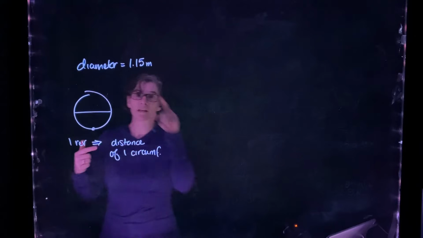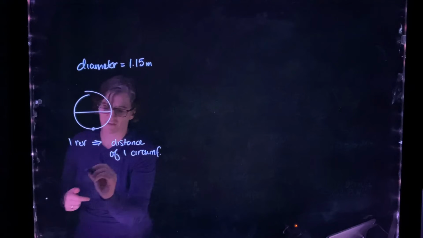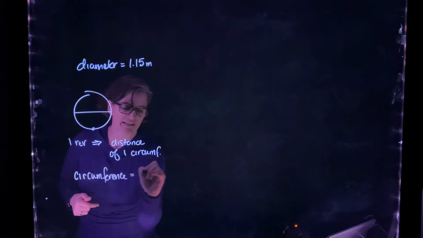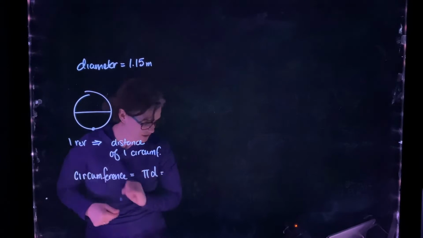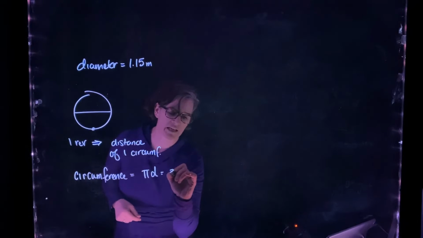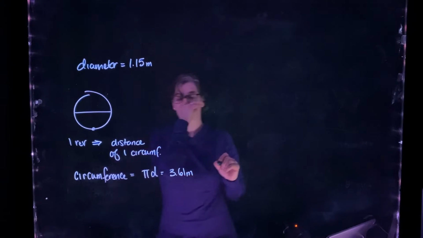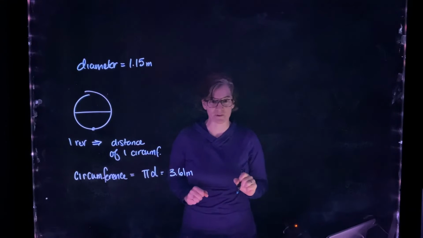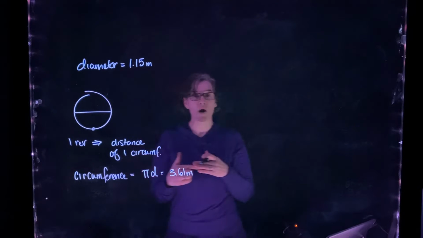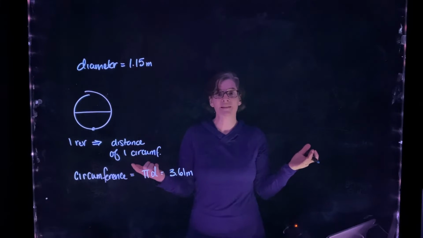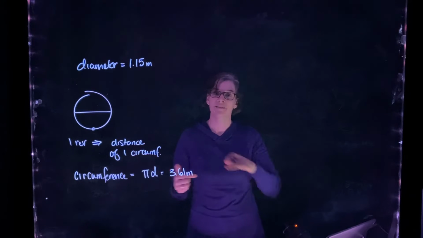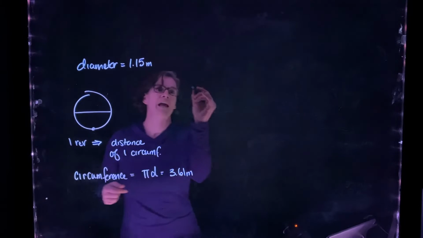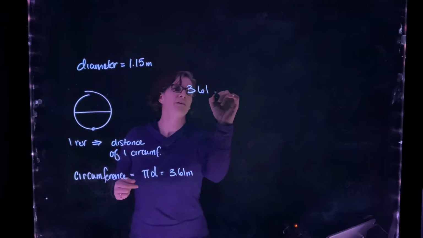All right? So if the diameter is 1.15 meters, the circumference is equal to pi times the diameter. So that is equal to 3.61 meters. So for every revolution, the truck will move forward 3.61 meters. Okay, so how many kilometers? We want to know how many kilometers. So we have 3.61 meters